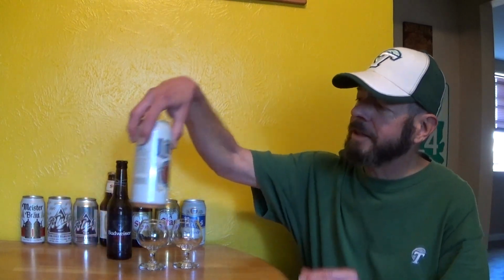We have Lite from Miller, certified kosher, 96 calories, 4.2% alcohol, introduced in 1975 or maybe 1973 or maybe 1967, but whatever, officially 1975 across the country. A fine Pilsner beer, which tastes remarkably not like a Pilsner, but